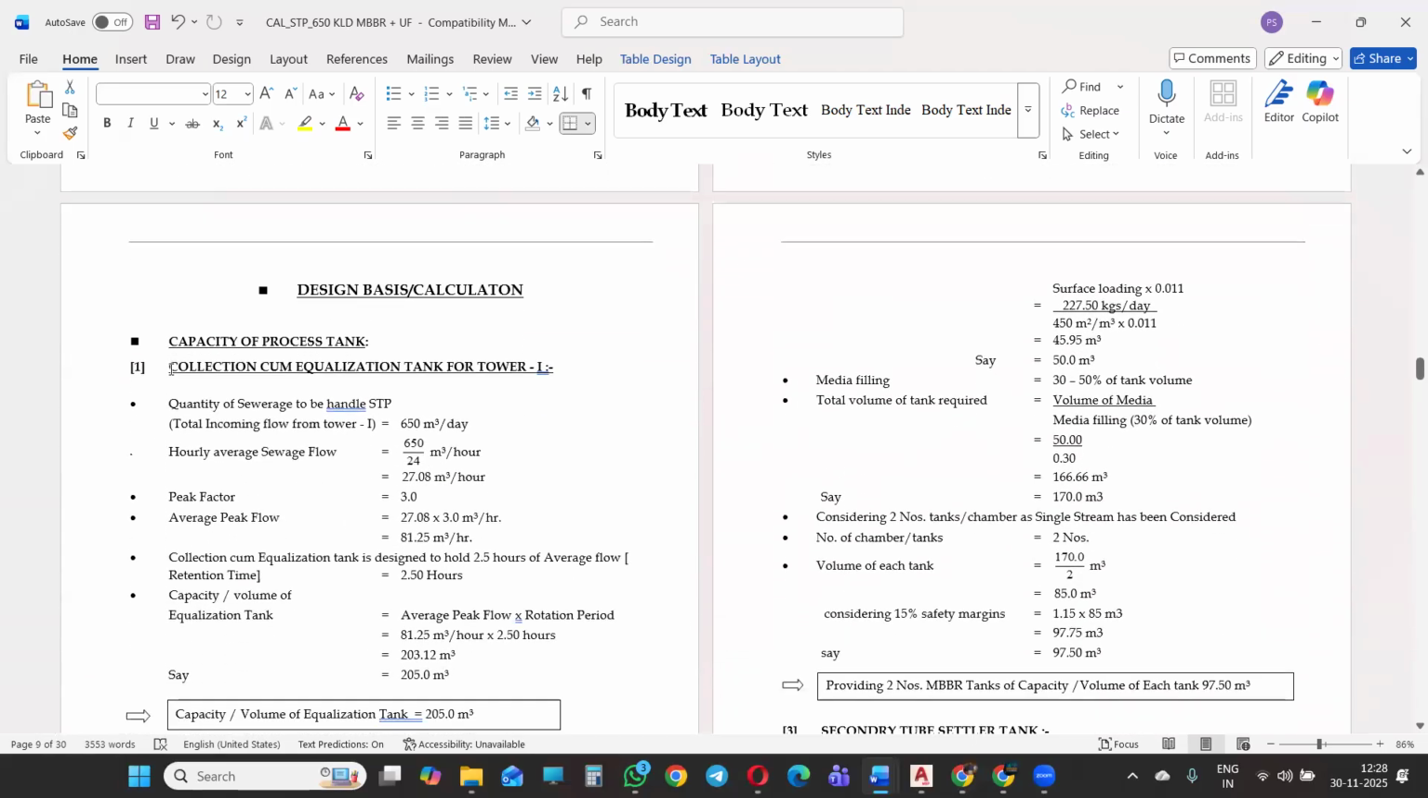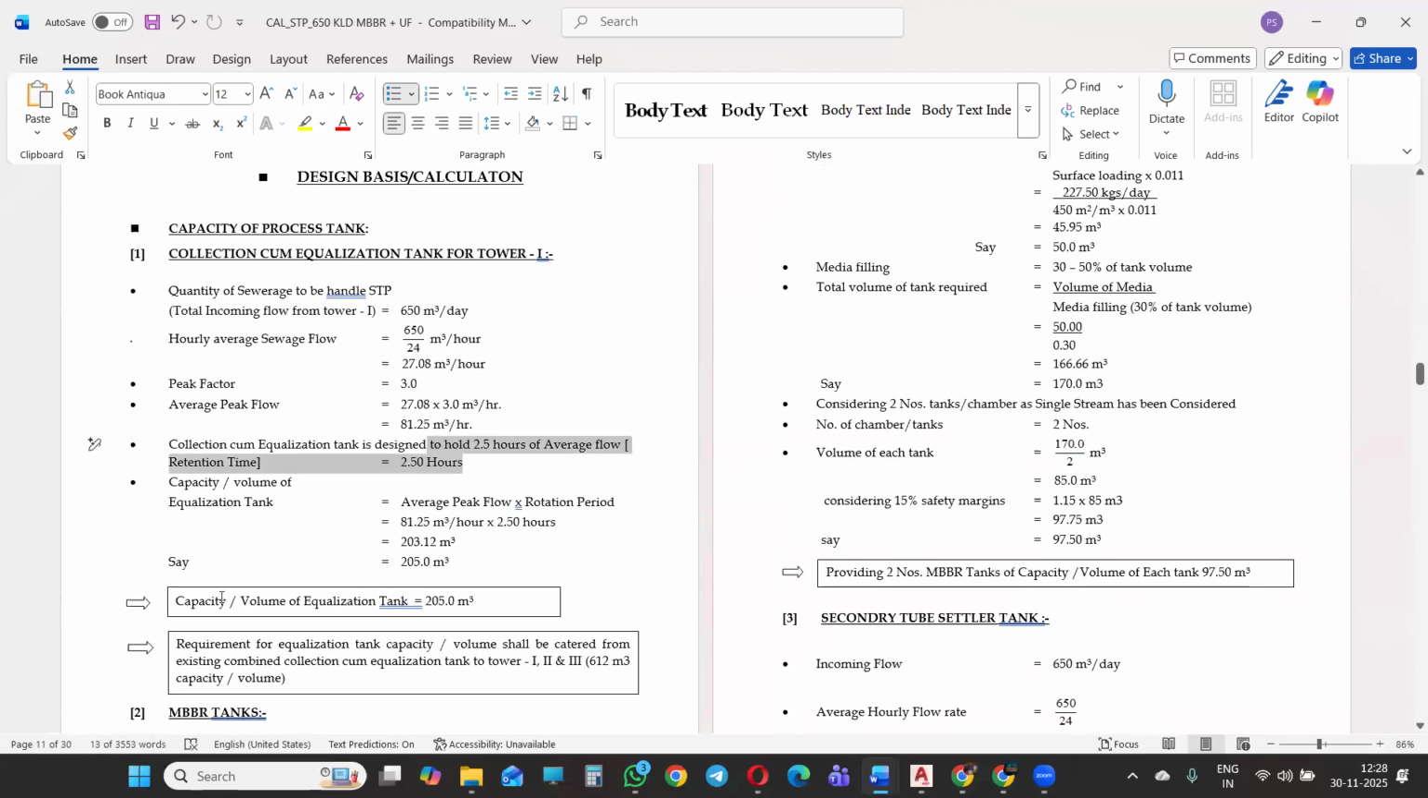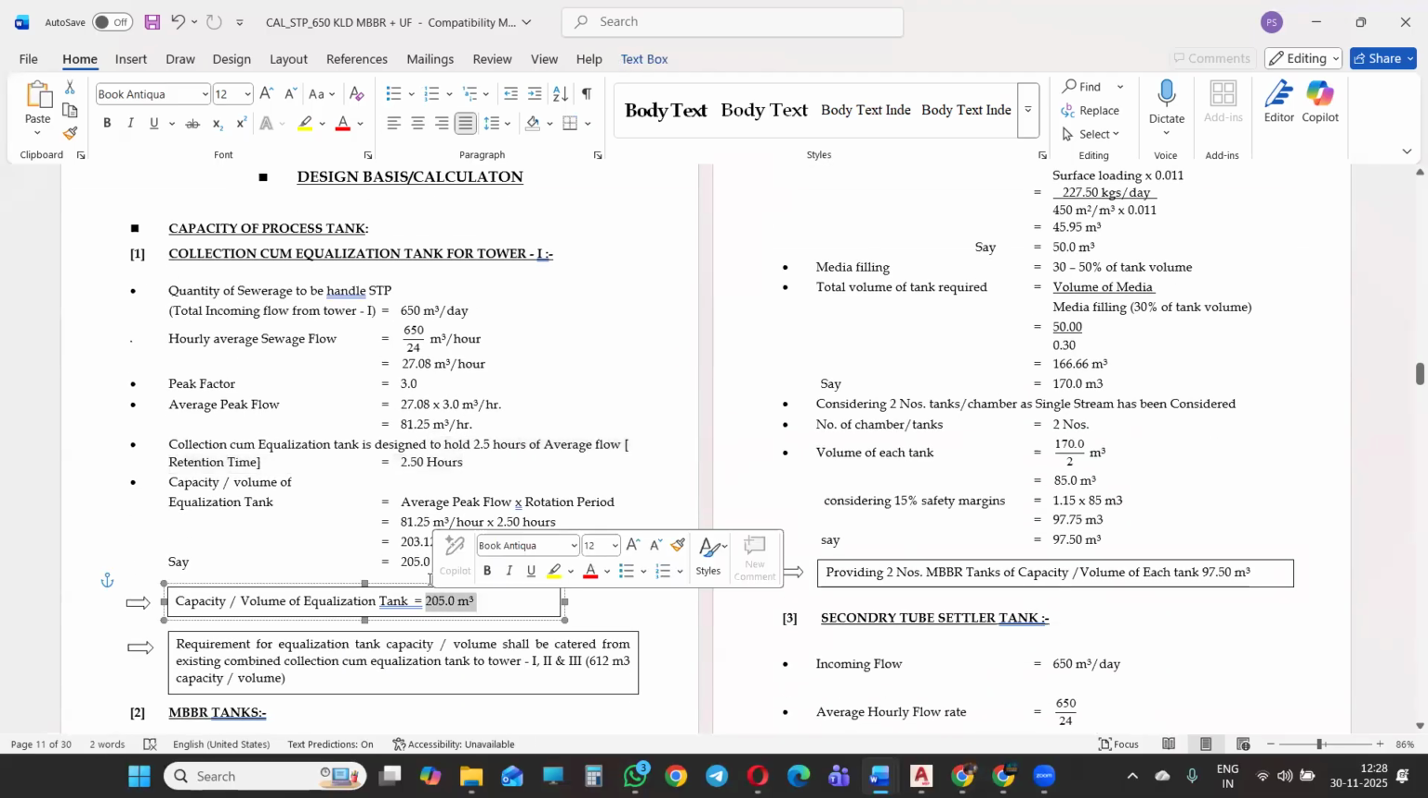सेम वे जैसे हमने लास्ट टाइम ETP में डाटा कलेक्ट किया था, STP कैपेसिटी 650 है, 24 से डिवाइड किया तो 27.083 आया। पीक फैक्टर लगाया, फिर उसके ऊपर 2.5 आवर्स का होल्डिंग फैक्टर डाला, तो टैंक कैपेसिटी 205 m³ पर आवर आ गई। यहाँ मैंने पॉइंट लिखा है, ट्रीटेड फ्रॉम कंबाइंड इक्वलाइजेशन टैंक टावर 1, 2, जो हमने टावर बिल्डिंग का ले रखा है, तीनों टावर का कंबाइंड डाल रखा है।